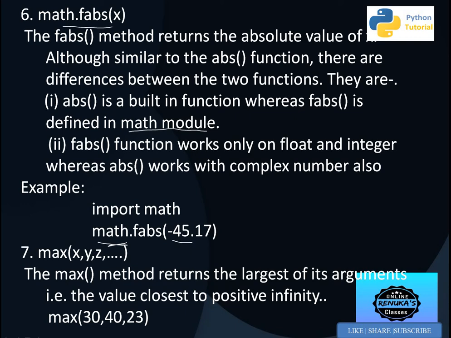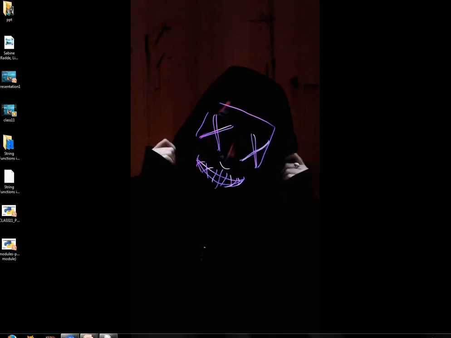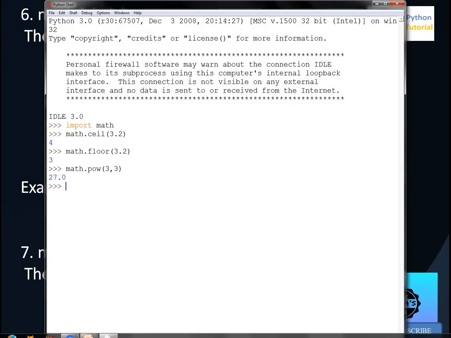Then comes max, that will return the maximum or the largest value of the given arguments, and similarly min will return the minimum value. These are again built-in functions of Python, so no need to use the math module. So we can see how we can work with math.fabs, suppose it is -5, and it will return the positive value.